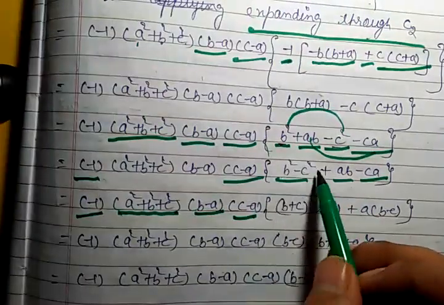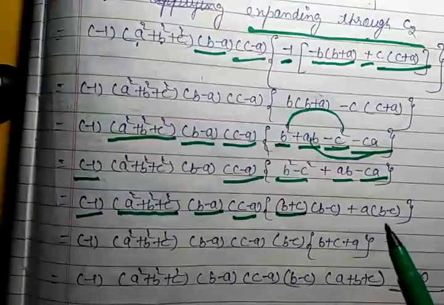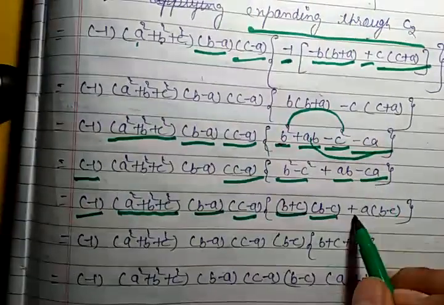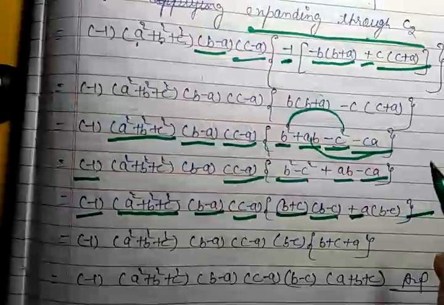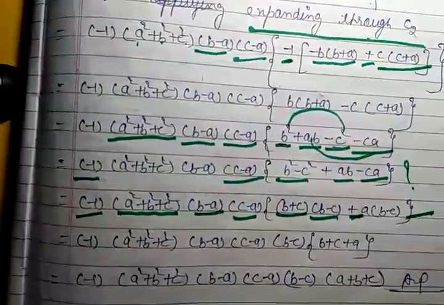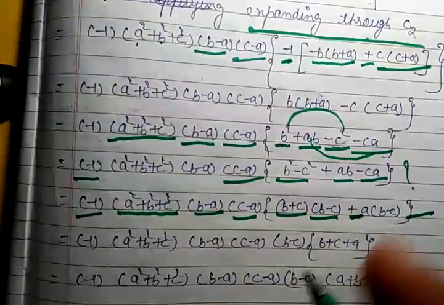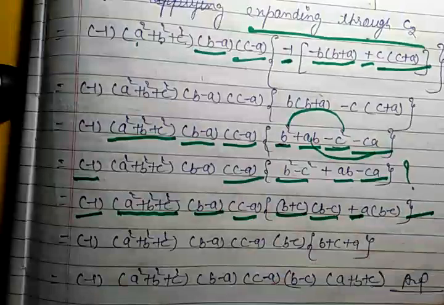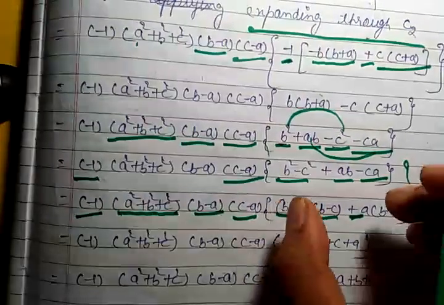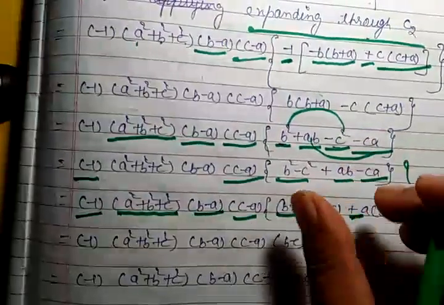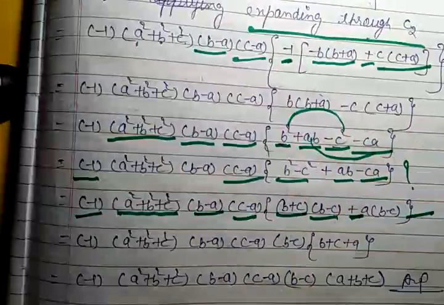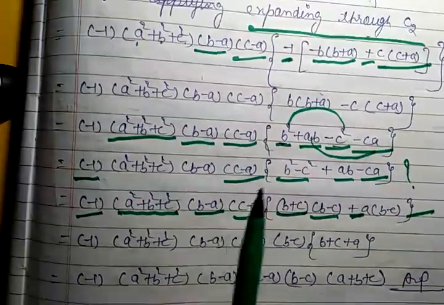And we are going to apply the formula of a² − b². We will get here (b + c) and (b − c), and we are taking the common from plus a into (b − c). You have to think, because you have to do some thinking according to the answer of the question. So you have to stop here, and we'll have to do some setting between the groups of this, so that you can get the answer very easily.